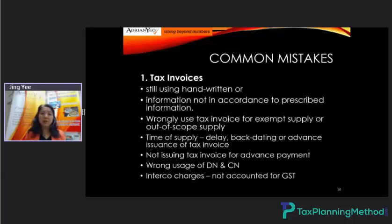And advance issuance of tax invoice is also to do with time of supply. Sometimes you issue your invoice well in advance,